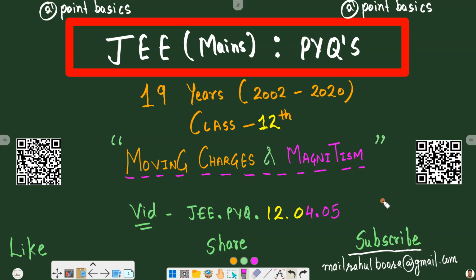Welcome back, everybody. This is our fifth class in JEE Mains previous year questions for the chapter Moving Charges and Magnetism